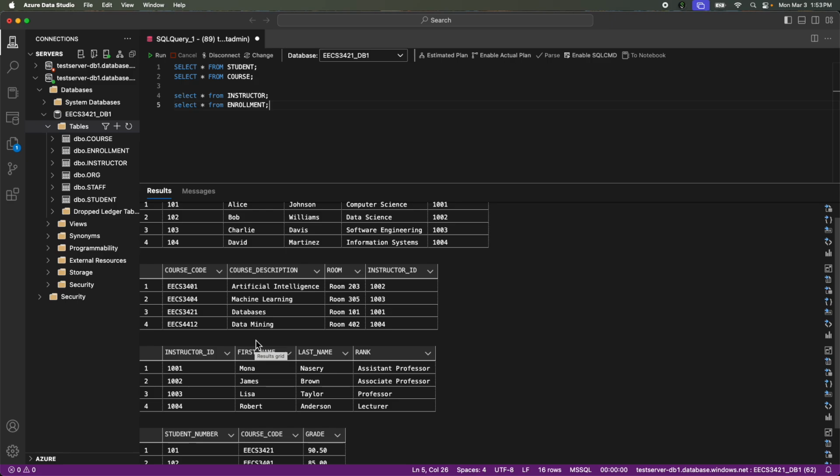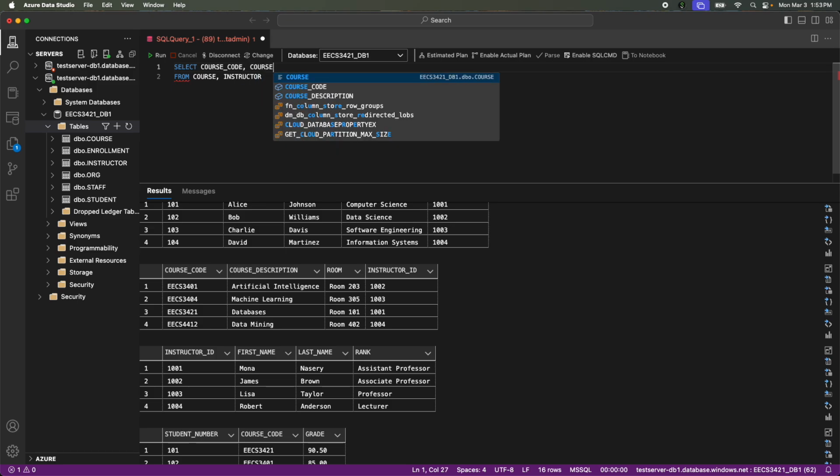The first method to do it is just using where. So you can just write, select any column that you want. In this case, we want to select course code, right? So you just write the name of the column that you want to select. And I recommend you always write from which table, because then when you're selecting the columns, it is going to recommend you the correct name. So we want to select from both course and instructor tables. So we want to select course code or course description